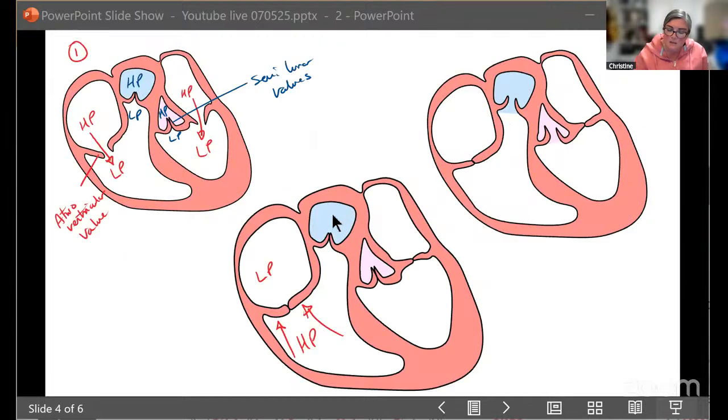So going back here, we have a higher pressure, a lower pressure, higher pressure, lower pressure. Again, it's all about where there is a greater pressure. It's really important that you note the difference between the pressure in each of the different chambers, whether we're talking about the atria to the ventricle, or the ventricle to the arteries, which carry the blood away, and it's about these valves that can open and close.